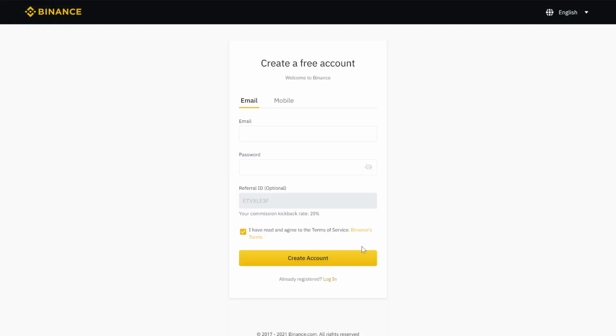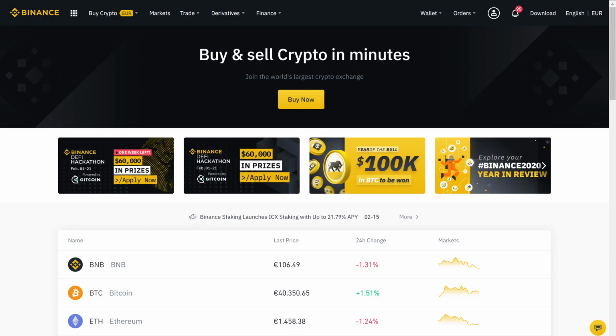At first you click the link in the video description, then you come to the right registration page where you just type in your email and choose a password, and also the 20% trading fee discount is automatically activated. Then you click on create an account, and after you created your account you just log in at